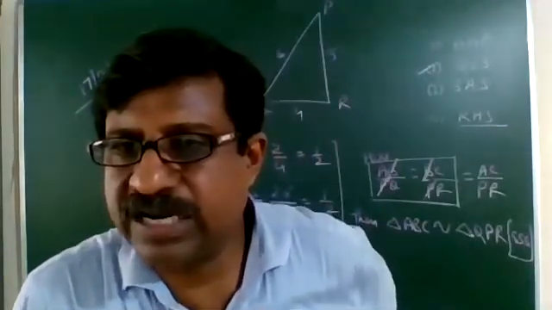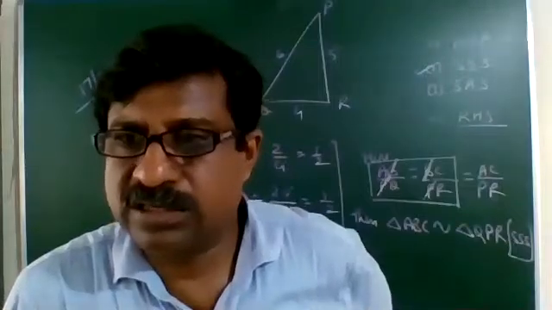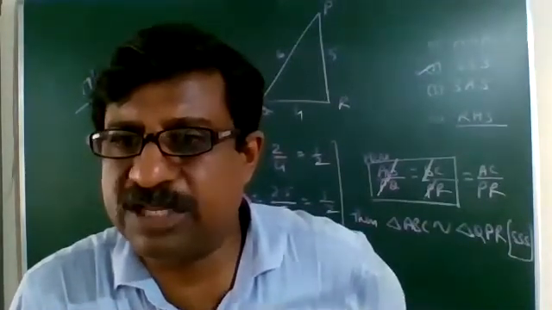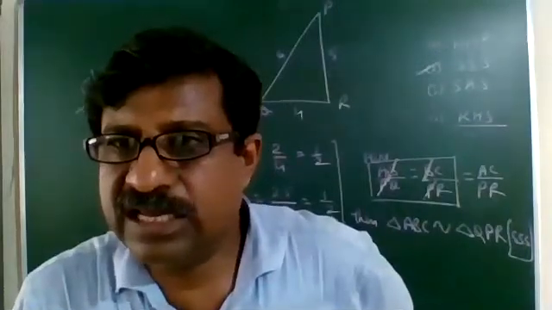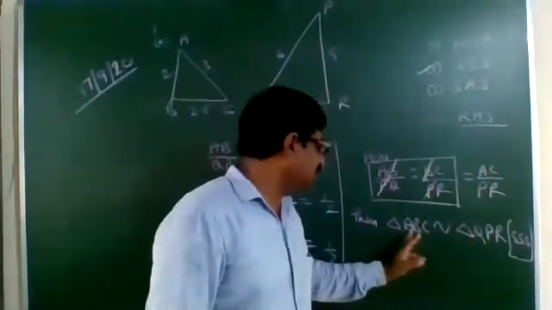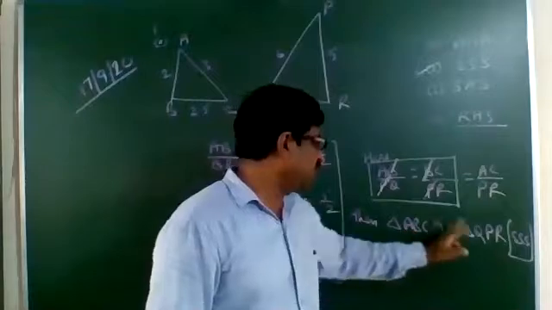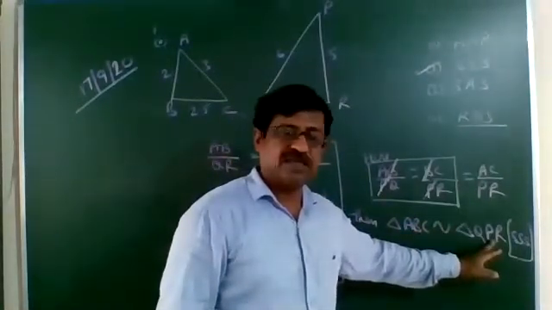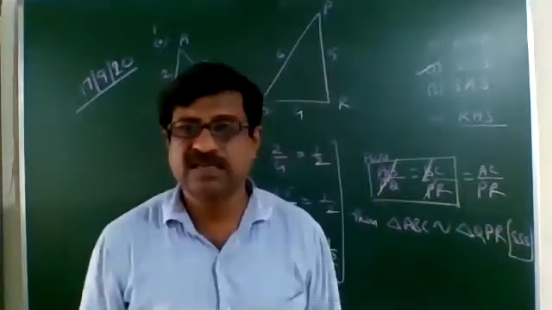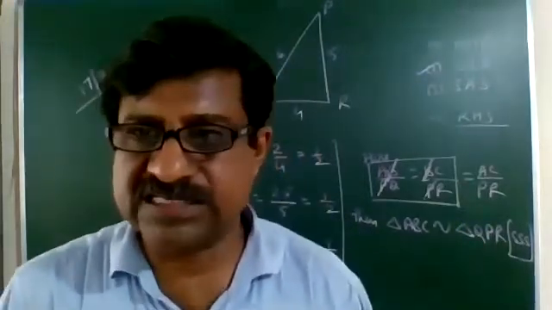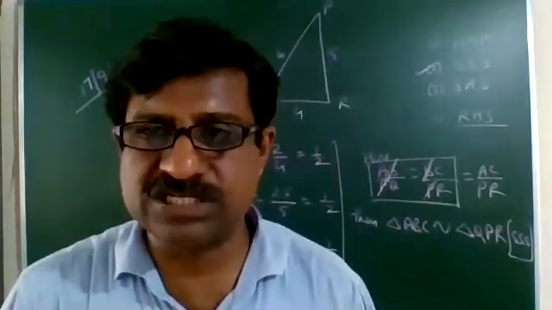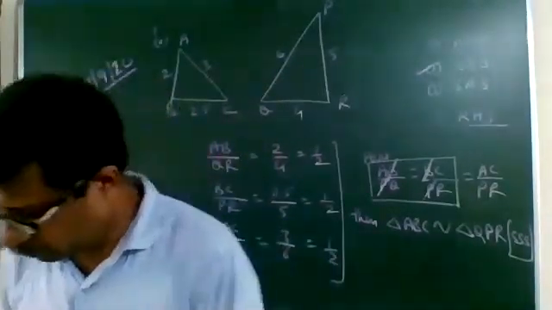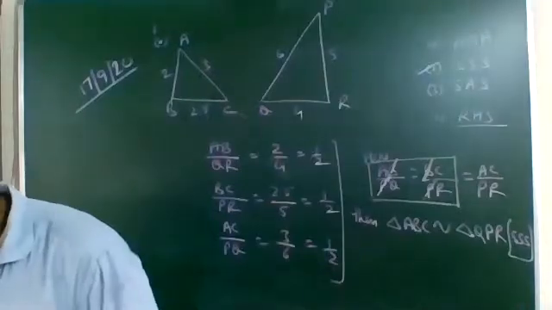It's necessary to write the proper order. The name of the triangle has to be written in proper order. If you write ABC similar to PQR, that will be wrong. Because ABC similar to QPR means that when you compare, angle A will be equal to angle Q, angle B will be equal to angle P, and angle C will be equal to angle R. That is known as CPST. We'll do that while doing the questions of the exercise. Expecting that you understood this part also, we move to the next question now.